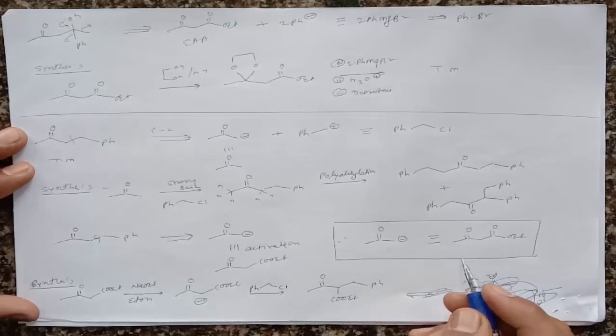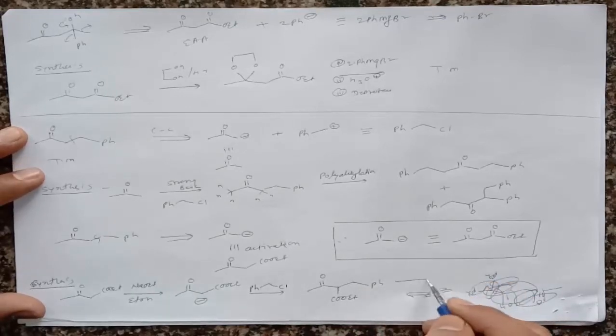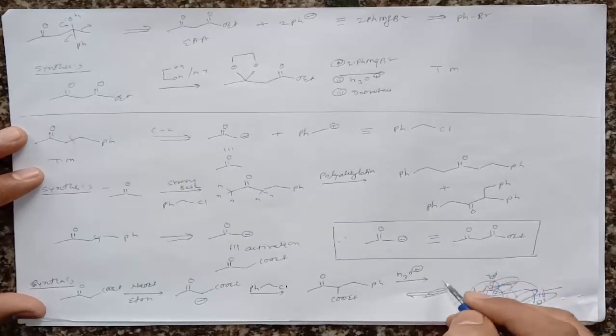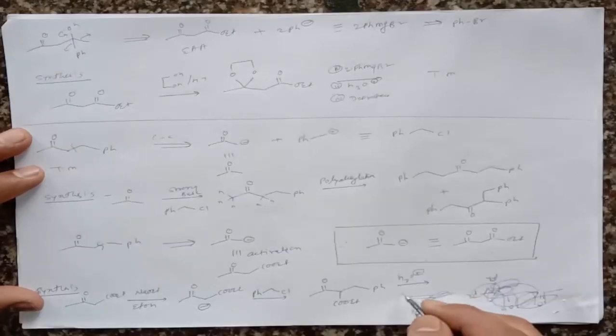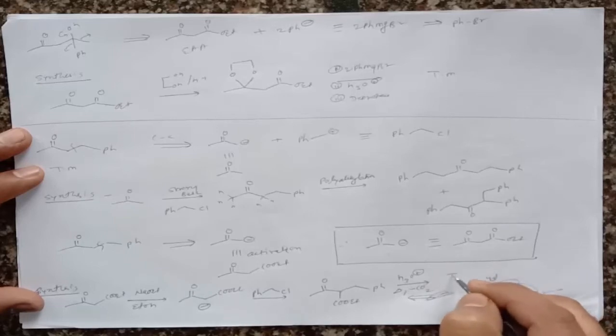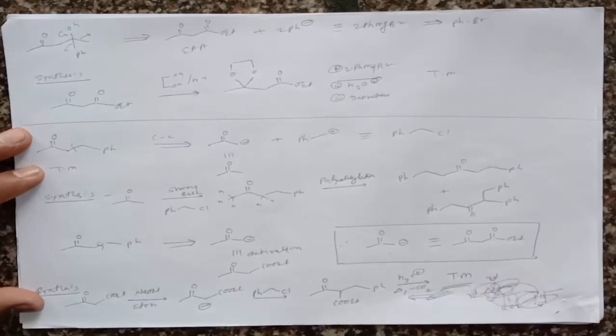And then if we treat this molecule with H3O plus, then what does it give? It gives an acid, and further if we heat this compound, then there is decarboxylation, and it gives the target molecule. Right? So this is again a very simple method to prepare such types of ketone when there is a chance for the formation of different types of product. So here is a very simple method to prepare such target molecules.